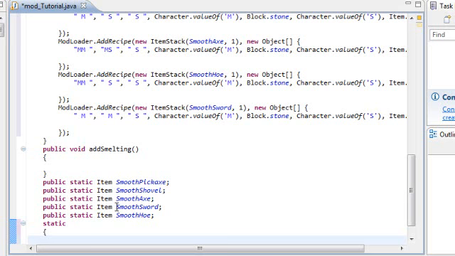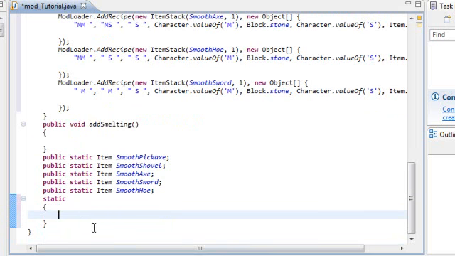Okay. So now after, you should be inside the little squiggly brackets that says static, and you type in smooth pickaxe equals new item pickaxe, and then parentheses, and then you're going to choose an item ID. Now I believe item IDs range from 1 to 32,000, so you have enough room to pick from to not corrupt one that Minecraft already has. So for now we're just going to do 2,000, and then comma enum tool material dot ss stone,